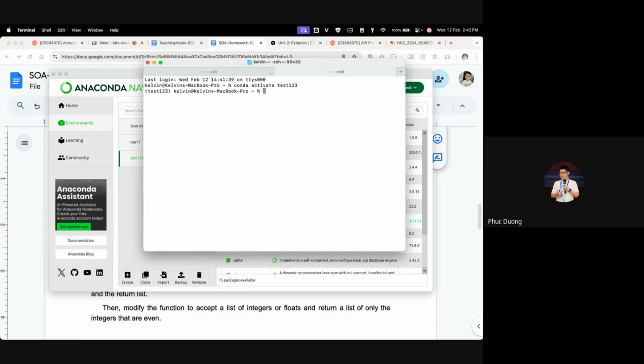And after you finish working with the test123 environment, you can type conda deactivate to turn off the current environment. You can use the command conda env list to list the current virtual environments on your computer.